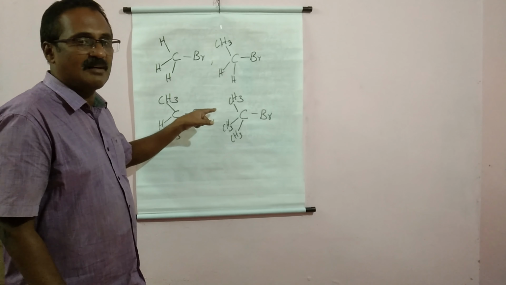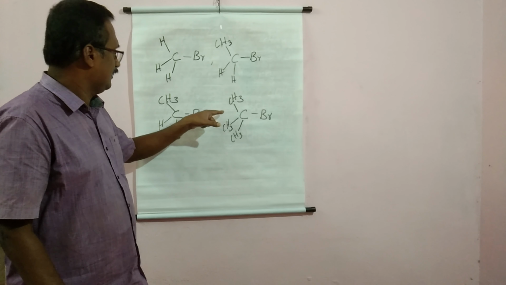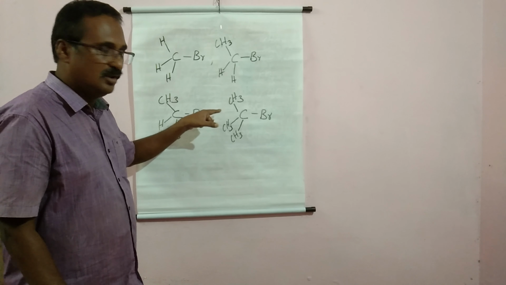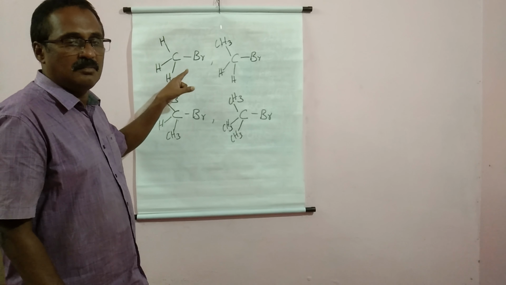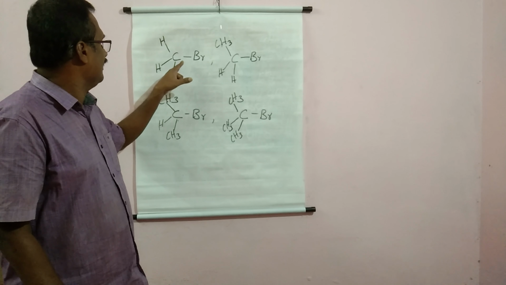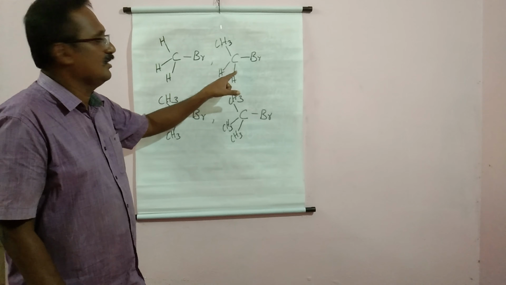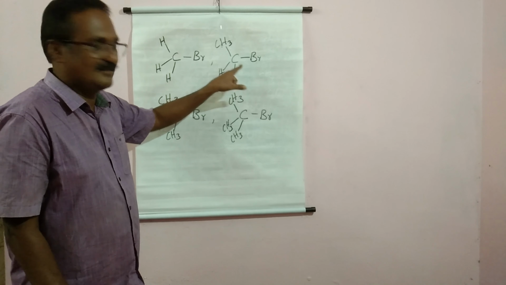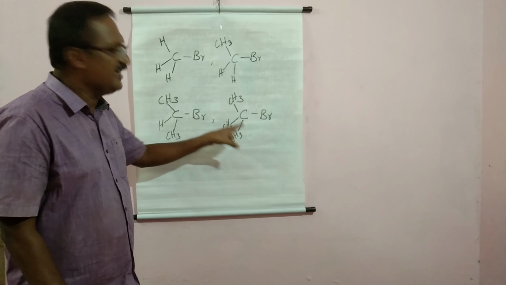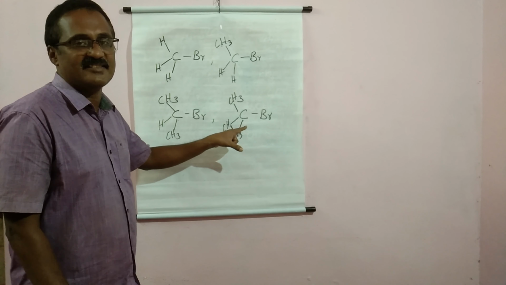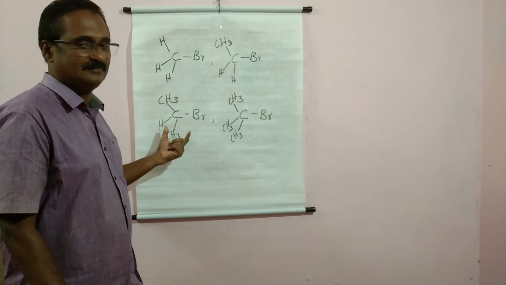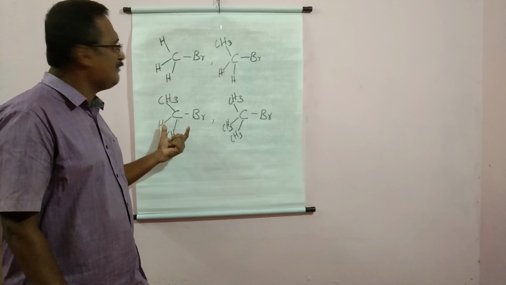The nucleophile cannot approach the carbon atom from the side opposite to that of the leaving group. So, SN2 reaction is mostly possible in the case of methyl halides or primary alkyl halides. In the case of tertiary alkyl halide, it is very difficult to undergo SN2 reaction. But in the case of secondary alkyl halide, there is some possibility of formation of